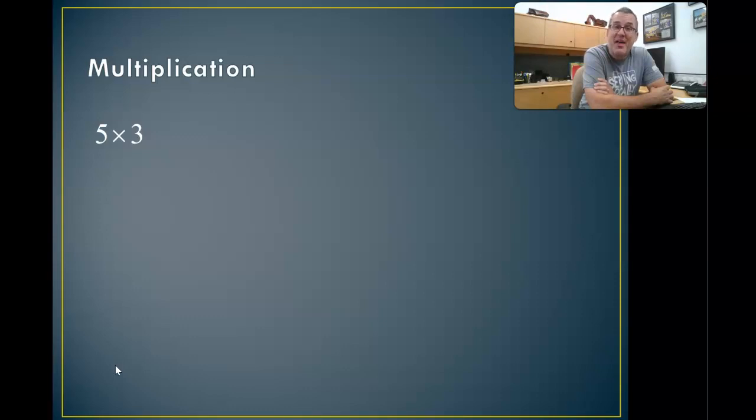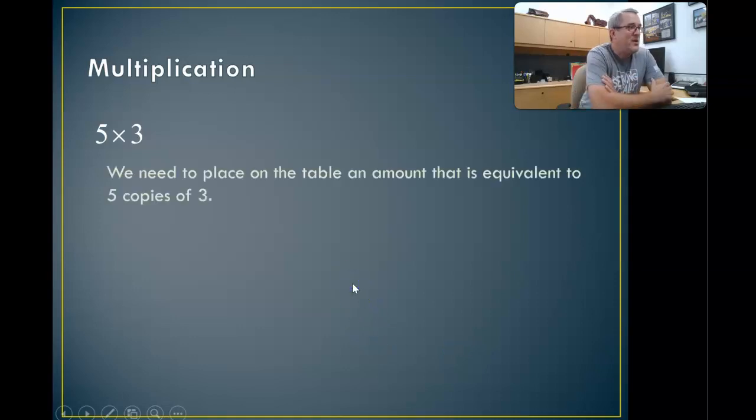We start with nothing and then we do what the operation says. We start with nothing and then we create 5 copies of 3 because that's what the problem says. 5 times 3. If you use my copies of language, it says we need to create 5 copies of 3. Or in other words, the way I'm going to say it here, we need to place on the table, let's pretend we were working on a tabletop,